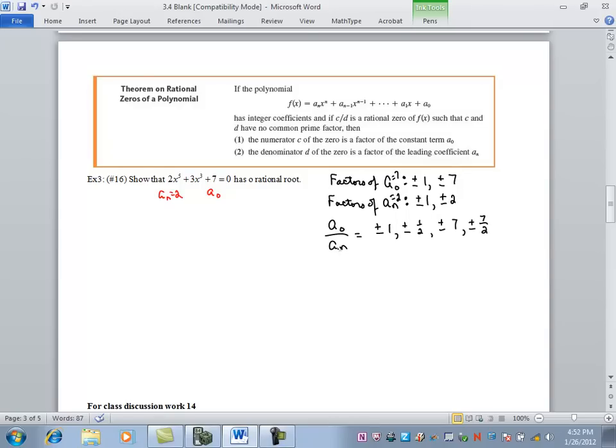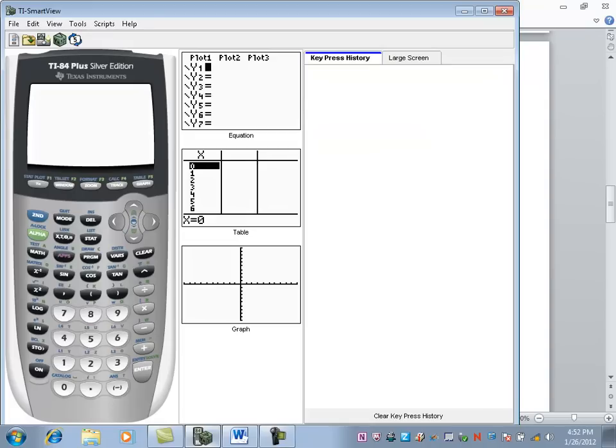Now, I'll tell you what I like to do. The best purpose, I think, of this particular theorem anymore is to help us in uncovering not just the rational roots, but also any irrational roots that might exist. And so what I'm going to do now, I'm going to use the calculator to help us evaluate what's going on. So let's open our calculator up here, and I'm going to go to the y equals screen and